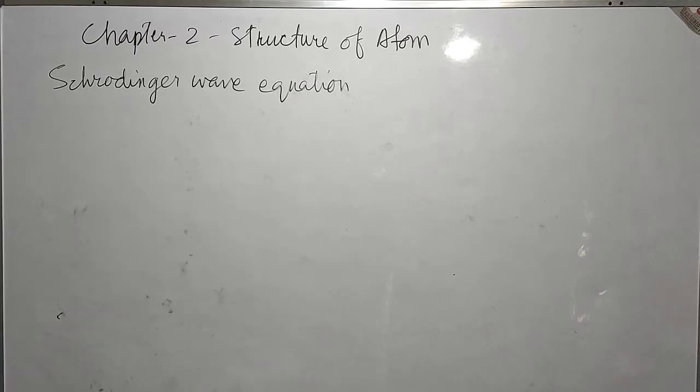The next one is Schrodinger's wave equation. Before I give you the mathematical expression for this Schrodinger's wave equation, let us learn how it was introduced. From the previous topic, that is the uncertainty principle, we have learned that both the position as well as the momentum or velocity we cannot precisely determine, that is, simultaneously we cannot determine both the position as well as the momentum or velocity for any